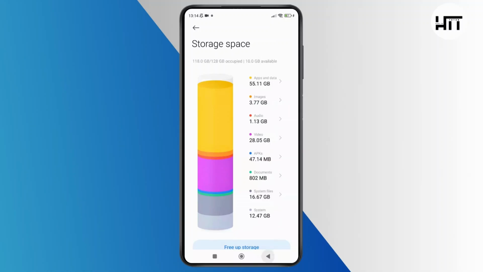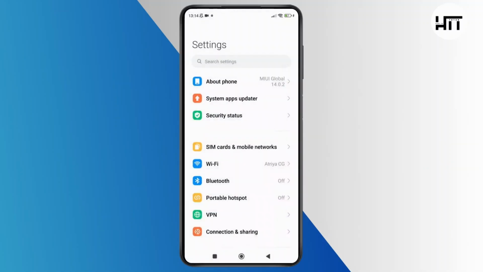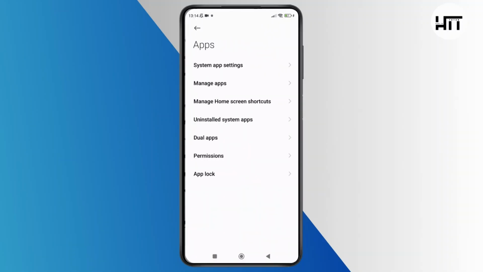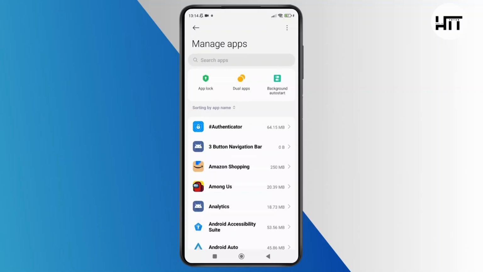Now with that, simply go back and check for any software update if available, because keeping your system up to date helps to optimize storage usage. And with that, simply return to the main settings page and from here simply scroll down and tap on Apps. And after that, just tap on Manage apps and in this section you will see the list of